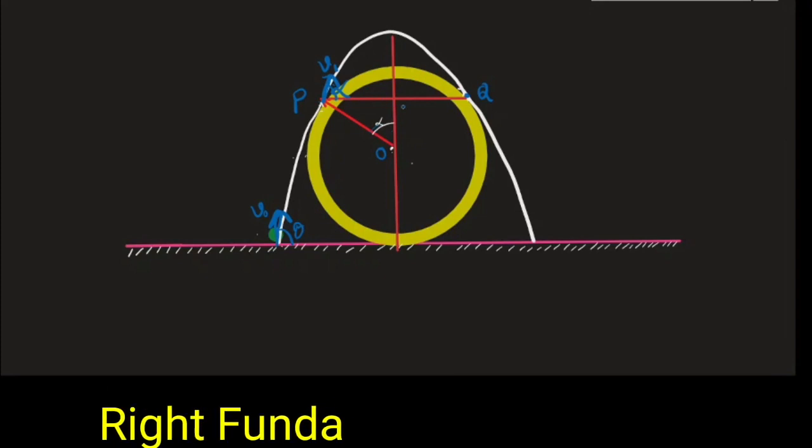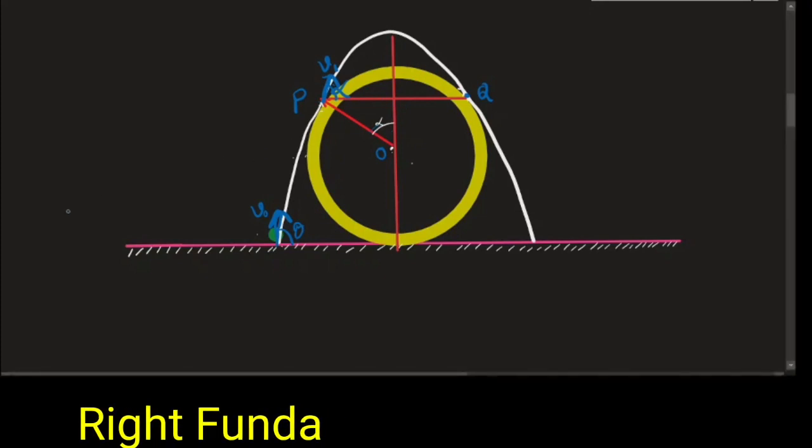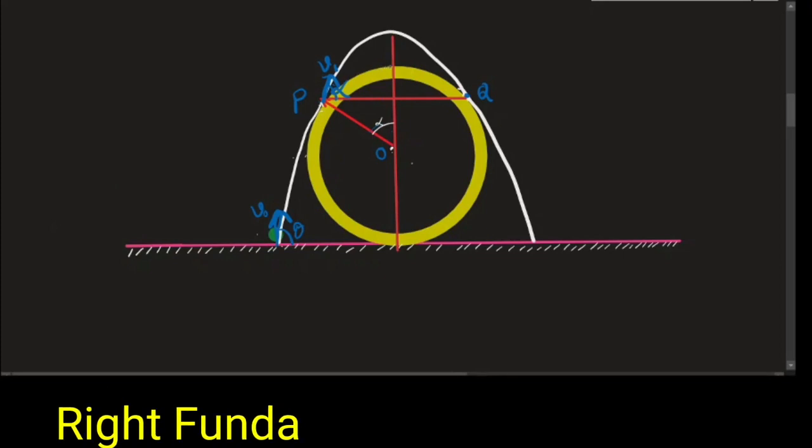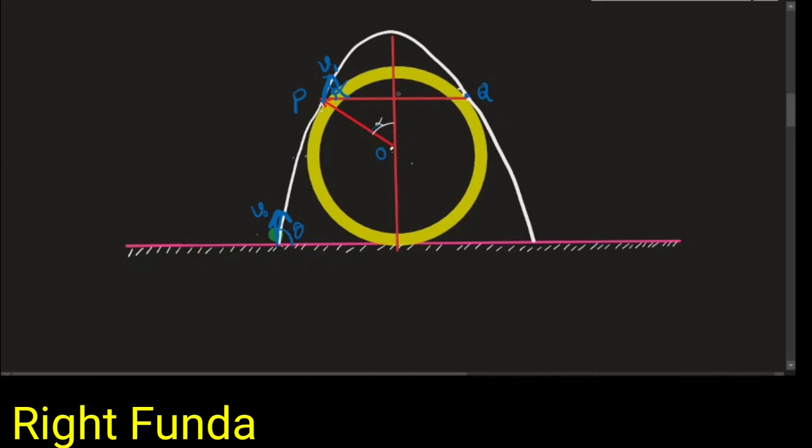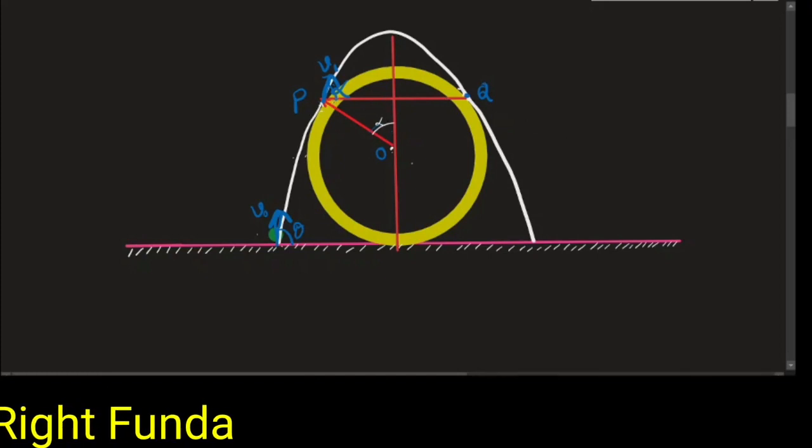So I don't know how it will be going. Some people may argue, no, it may start like this, just touching the topmost point and go like this, at one point. Yes, it may be possible also, we don't know. But if that is the case, then automatically this alpha, the point of touching this, my alpha will come out to 0. But right now I don't know how it will be taken.